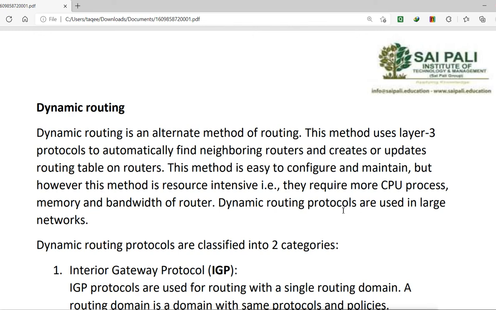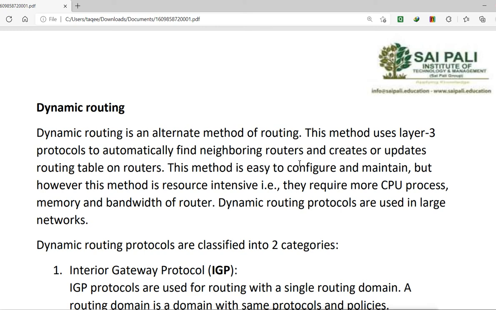Static routing is a fast routing. It does not put any load on the router. The router will work freely because routers don't have to decide anything. Everything will be decided by the administrator itself because the administrator manually configures the route. But dynamic is a little slower than static routing. Static routing is the fastest routing we have, but static routing has a problem.